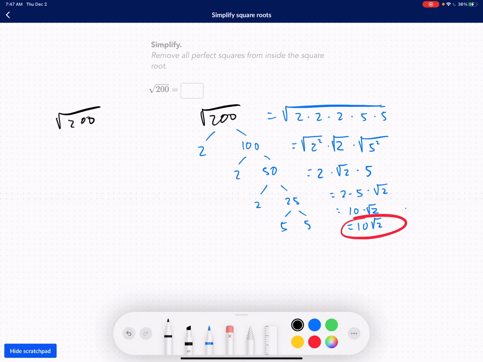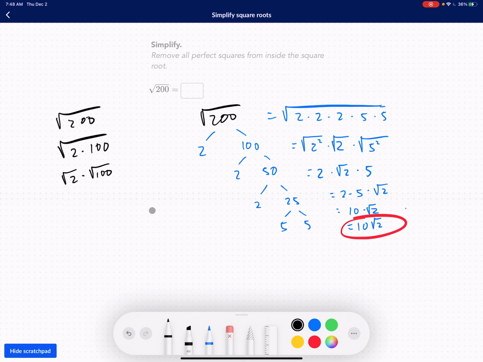And in my mind, I'm just going to factor out 2 out of 200, and it's just going to be that. And then I'm going to do square root of 2 times square root of 100, right? Because I'm just taking this out right here, putting a multiplication sign here, and breaking this down into 2 terms